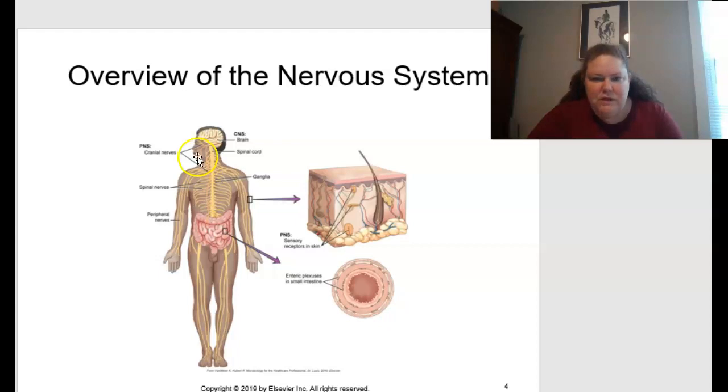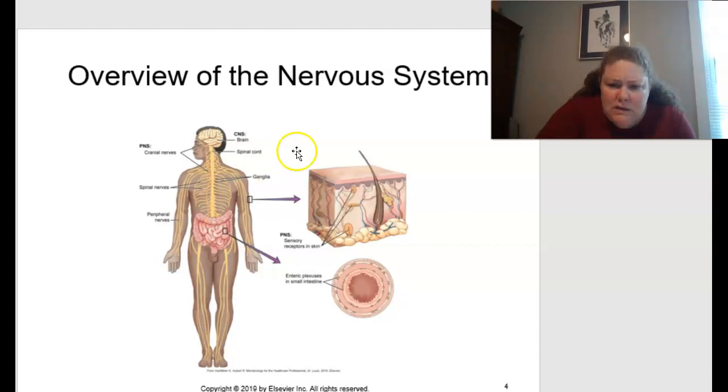And then the peripheral nerves, remember, are those on the outside or the periphery. These contain the cranial and spinal nerves, as well as the ganglia and the sensory receptors. You can see a close up here of what looks like the skin from the arm. And the peripheral nervous system, again, is going to be like those sensory receptors